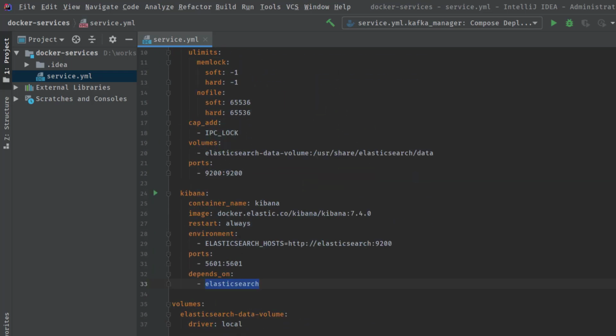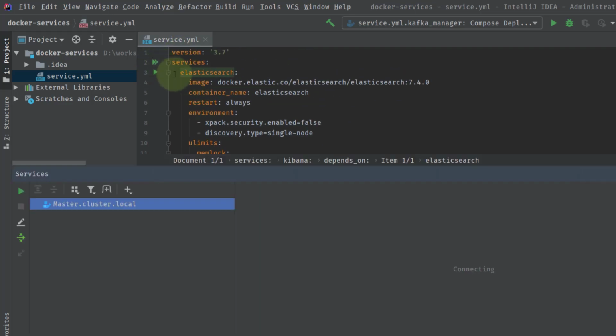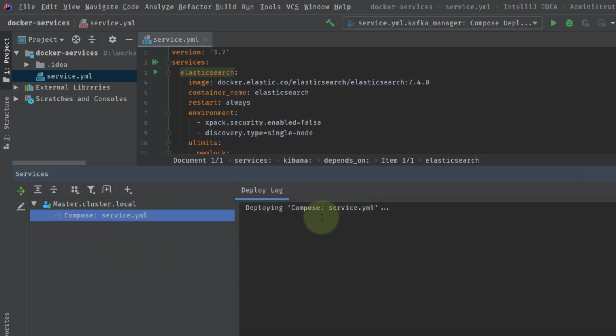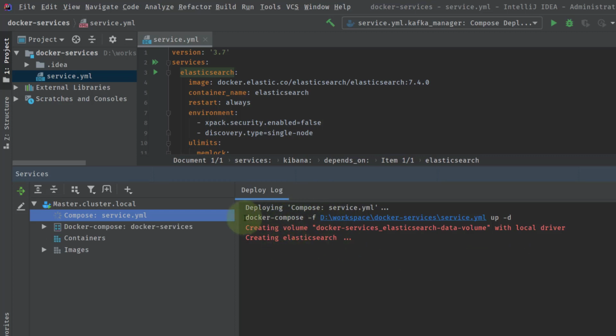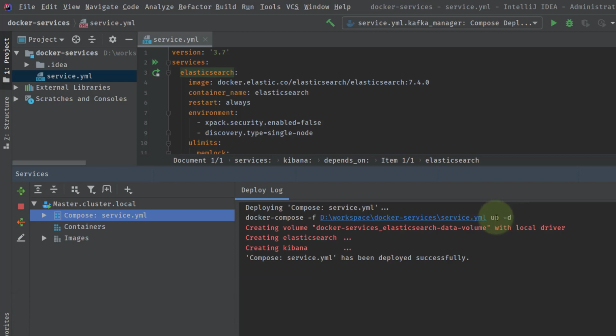So we have done all the configuration. I'll just try to run this one. So I'll just hit it here. What it will do is connect to my remote system, that is the Linux, and run this particular line, that is docker compose -f, the name of the file, and up -d. So -d is basically related to what? It starts the container in daemon mode. And if you have not provided this -d, then it will be started in foreground mode where you can see the logs.